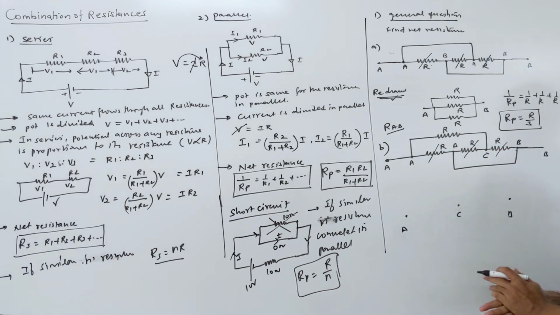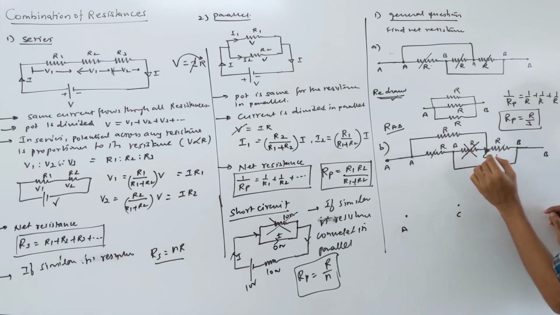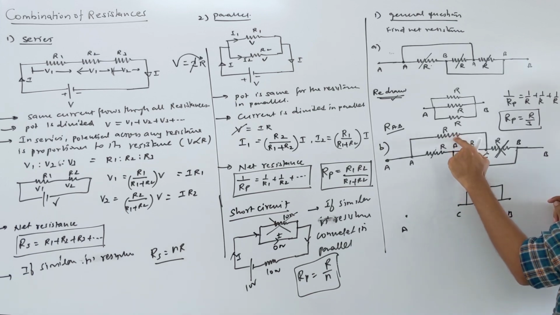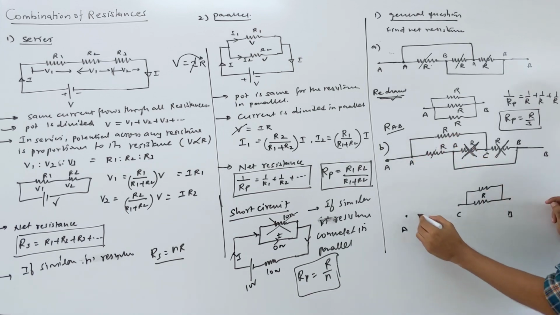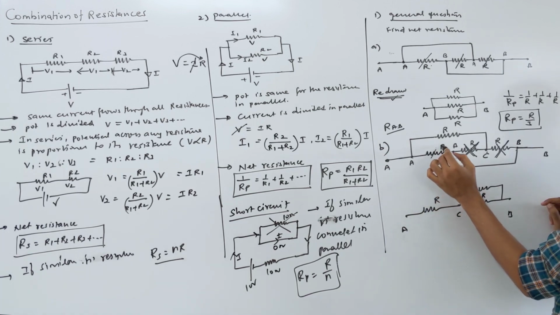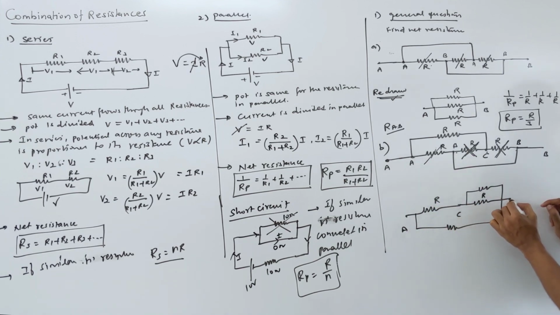Now look here, once more I have marked them. Let's solve one by one. This is between B and C, so you put B and C, this is R, correct. This is also between B and C, so you put it here only, okay, done. These two are done. Then look here, this resistance is between A and C terminal, so it's connected here. And this last one is connected between A and B, which means it's here, like this.